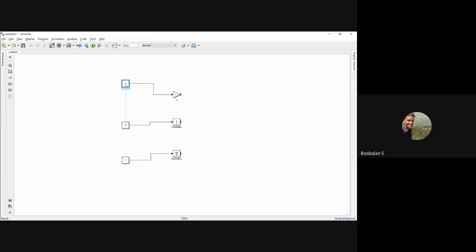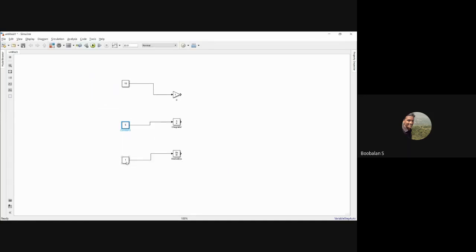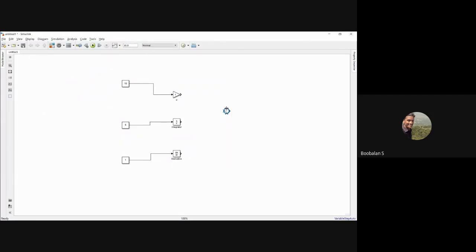So you just got the idea. Constant 10 into 1 is now 10. After that, 1 into, for example, I'm going to use 5. So 5 is added to the integrator, and the derivative goes with the derivative. Finally I need a sum, with three plus inputs. So P controller, I controller, and D controller. Finally in the output, the same thing you could see.